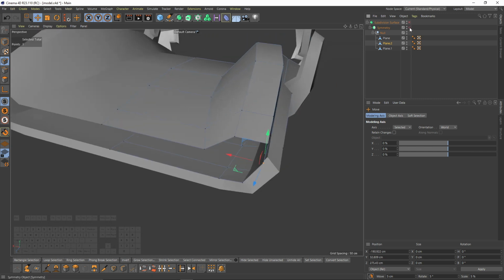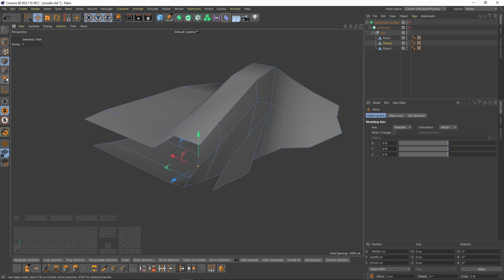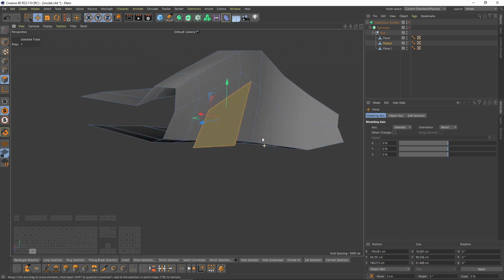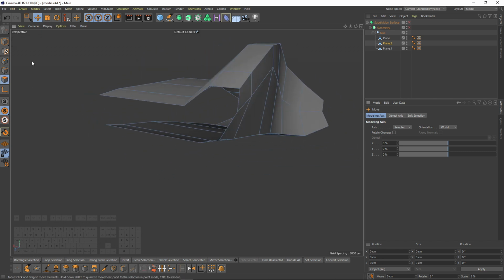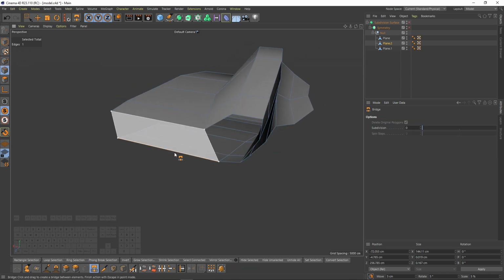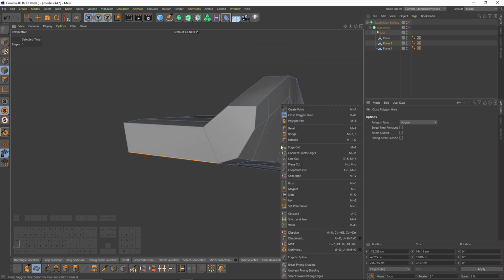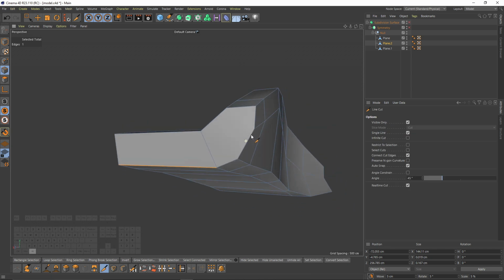Now I will turn off my symmetry and enable solo single. And where did this come from? Oh, anyway, let's delete that. I will switch to edge mode, right click, select bridge. Then I will select close polygon hole. Then let's select line cut and connect that